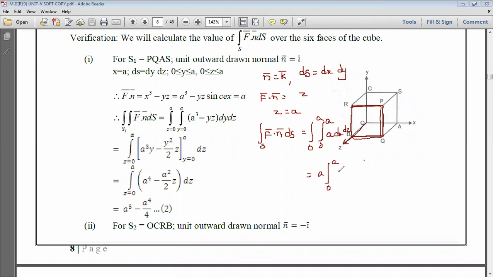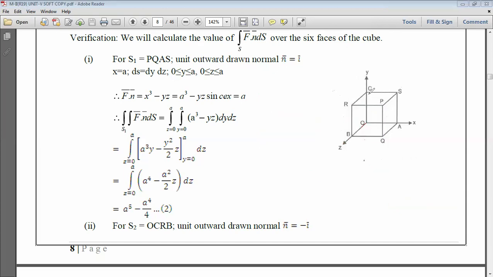First with respect to x is the integral from 0 to a of dz. So if you substitute in that a squared, integral from 0 to a, and here it is having dz. So this is equal to a squared into the integral of dz, which is nothing but z between the limits 0 to a. So there we will simply get a cube.